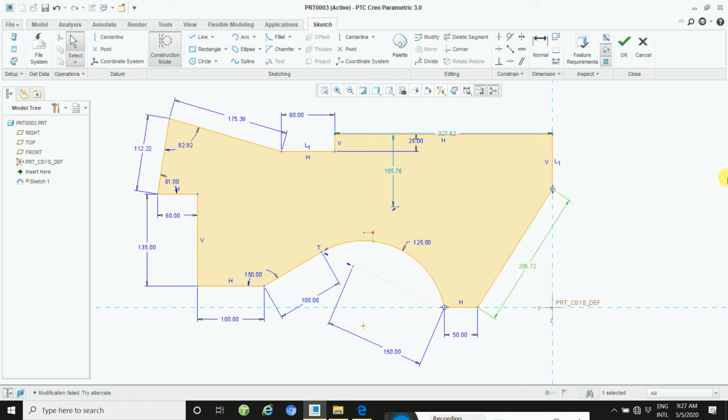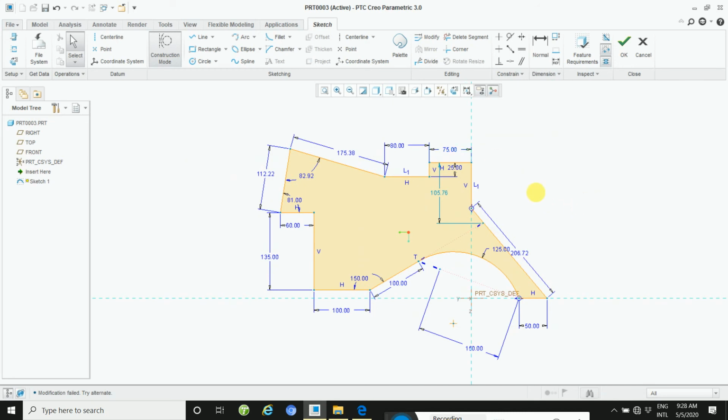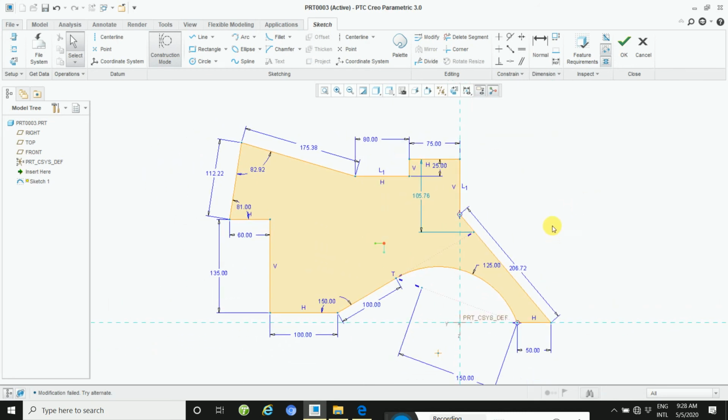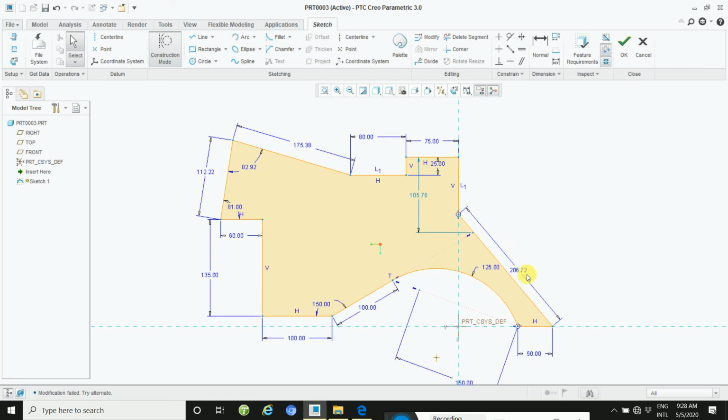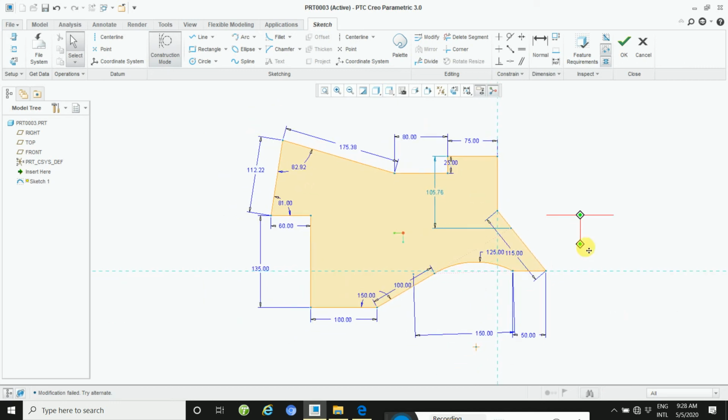Okay, so due to some distance is more, so adjust 75, take a 75. Okay, this distance is 115, fine.